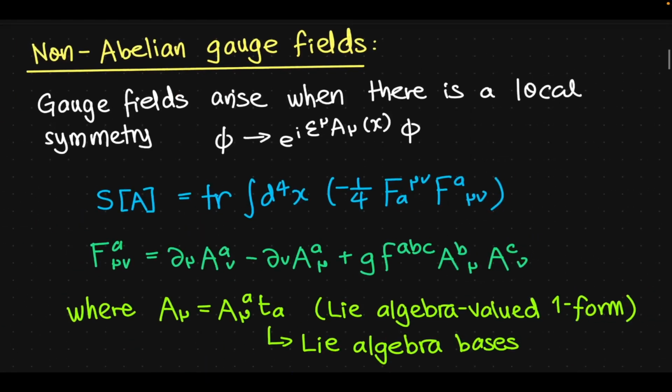Okay, so today we're going to discuss non-abelian gauge fields. These are fields, and I'm assuming you have encountered fields in a classical field theory or quantum field theory course. So gauge fields are fields that arise when there is a local symmetry. So if we have a regular, let's say, scalar field, phi, with a symmetry